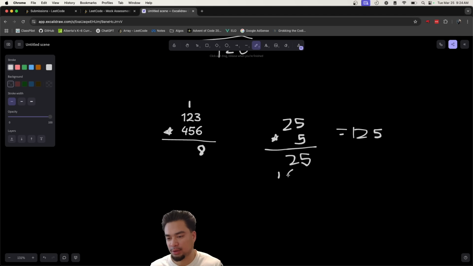But I think we need to keep track of, we need to shift it by these indices. So if I'm multiplying by this index, 0, 1,